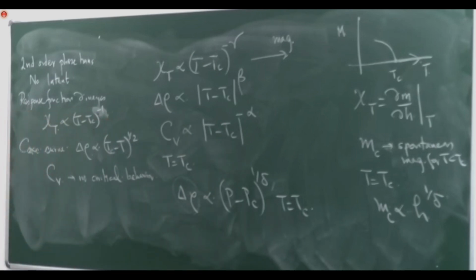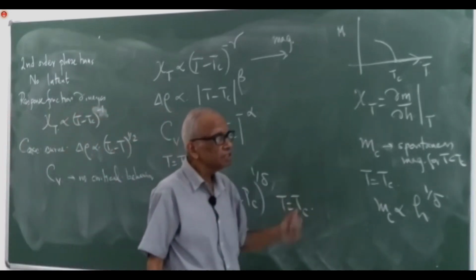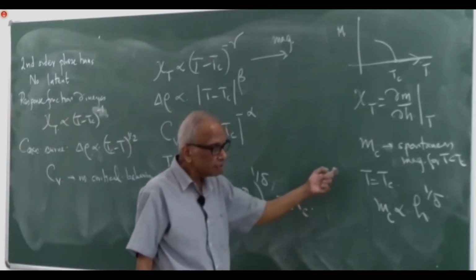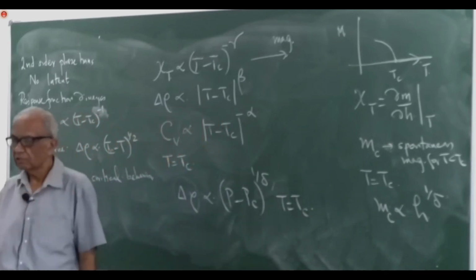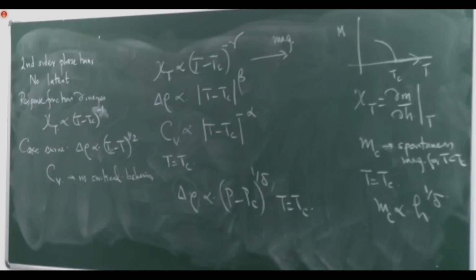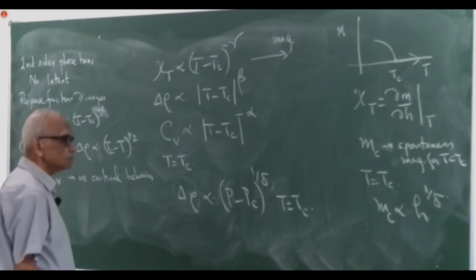It can only be a scalar. Over here, it is the magnetization, and that need not be a scalar. If it is a question of uniaxial magnets, or the Ising kind of magnet, where spins only point up or down,